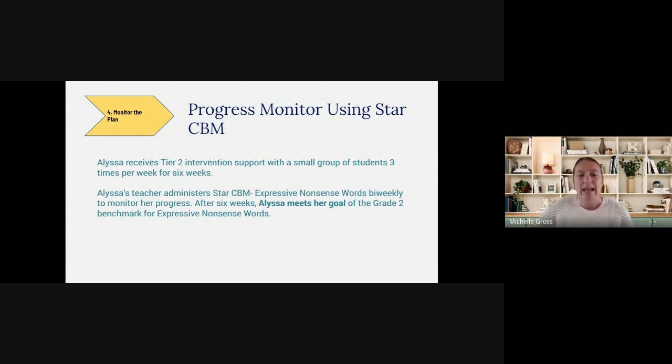I would definitely bookmark the flowchart. It's extremely helpful, especially since most of you are interventionists. It's a great visual to kind of see, okay, my student scored this level. Should I move on to a STAR CBM or STAR Custom? And if you're not quite sure what those STAR CBMs and STAR Customs are or look like, definitely sign up for one of those sessions so we can go into those deeper as well.